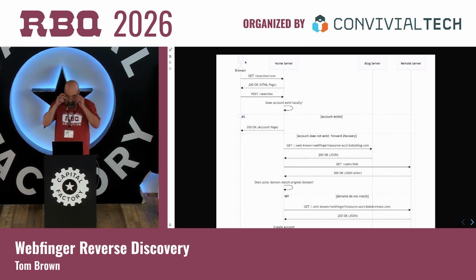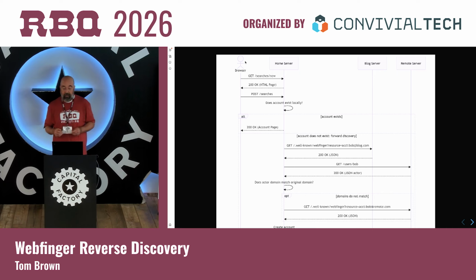And blog.com returns a JSON resource descriptor, and the home server that made the request sees that the domain of the URI that's returned is not blog.com, it's remote.com. So it needs to go talk to remote.com. And so it makes a request to that URI that was in the Webfinger response from blog.com, and the domain of that URI is remote.com, and